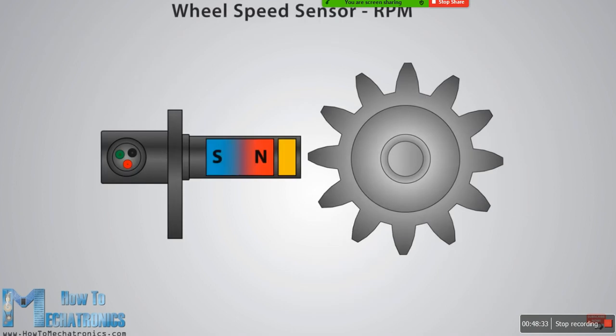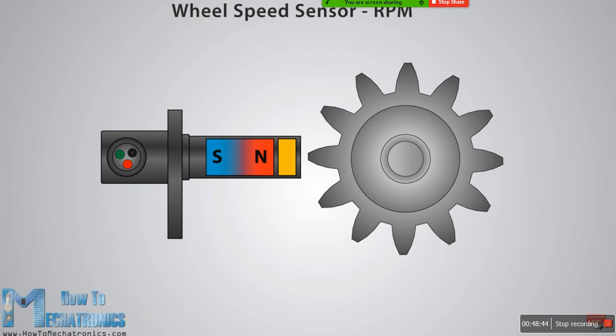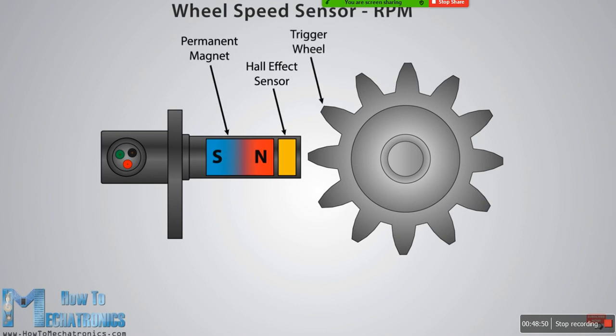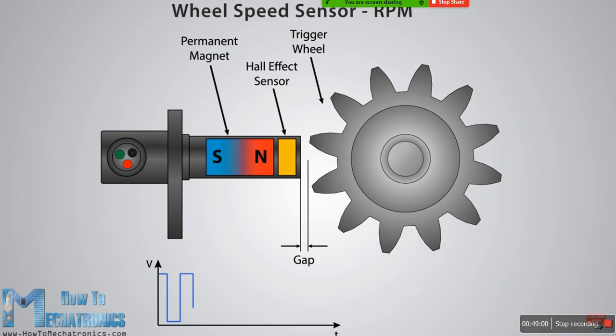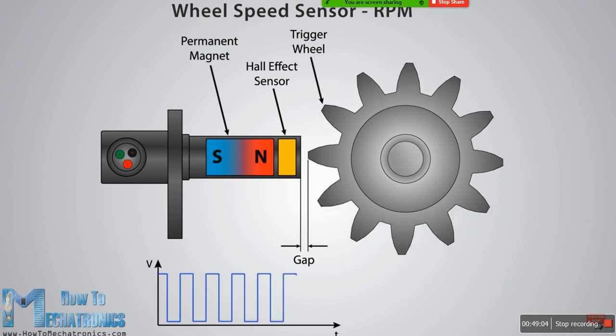Other contemporary applications of the Hall effect sensors are measuring wheel speed or RPM, as well as determining the position of the crankshaft or camshaft in engine systems. These sensors are composed of a Hall element and a permanent magnet, which are placed near a tooth disc attached on the rotating shaft. The gap between the sensor and the teeth of the disc is very small, so each time a tooth passes near the sensor, it changes the surrounding magnetic field, which will cause the output of the sensor to go either high or low.